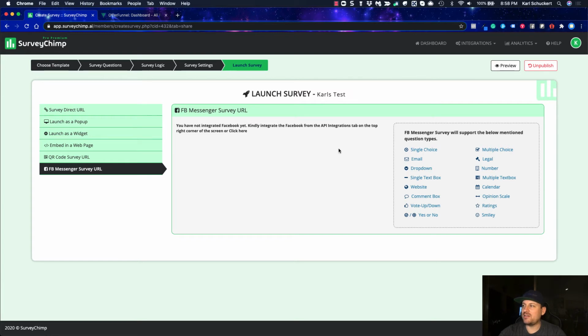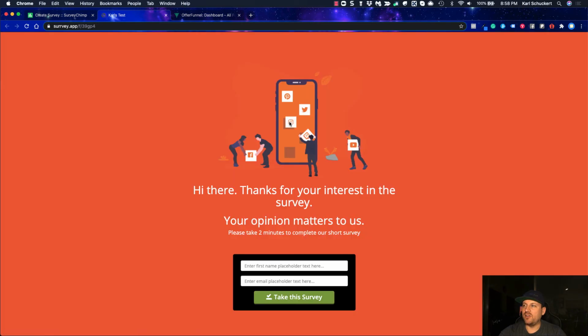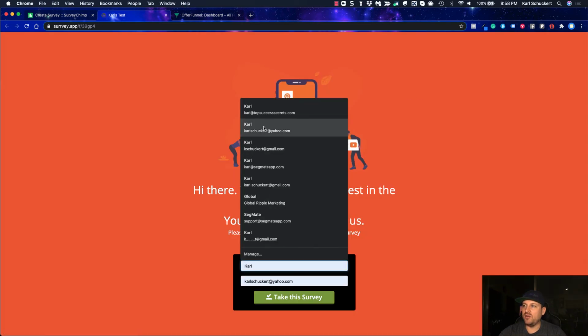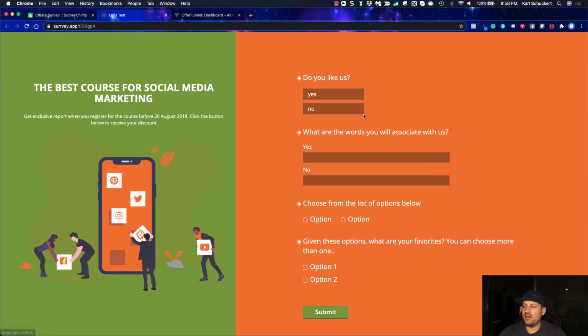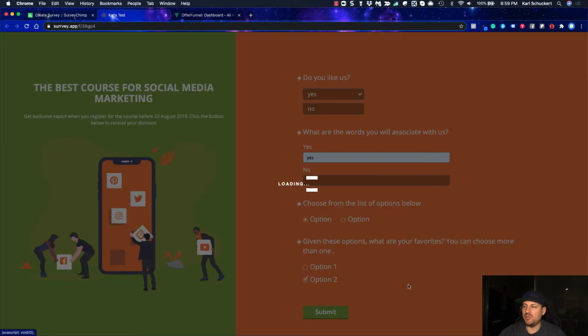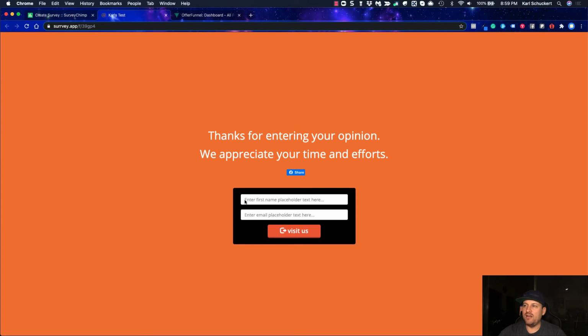Now I didn't connect to Messenger to show you that because, like I said, they're going to show you inside of the page itself. Okay. And let's say I was done. I want to go ahead and preview this. After you have launched it, now you can see I can put some information on here and say I'm going to take the survey, and then like I showed you, it's all on one page. So I could say yes, yes. These are just some of the different ways to do it, option 1 to option 2, and submit. And then right there is my placeholder.